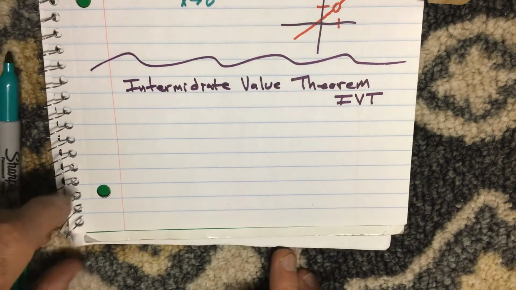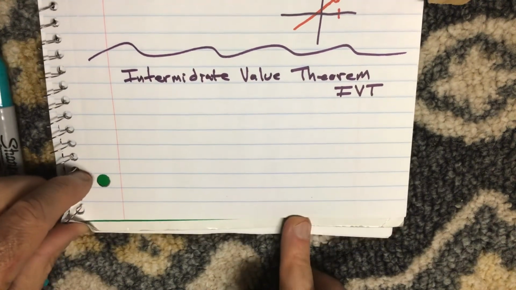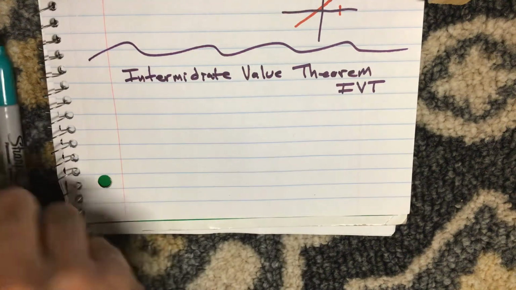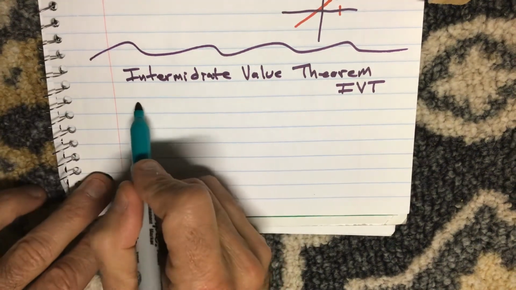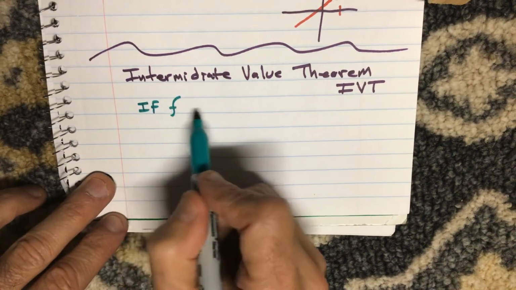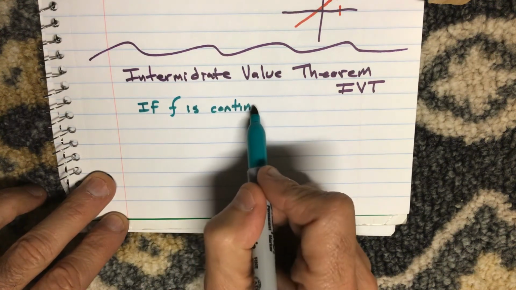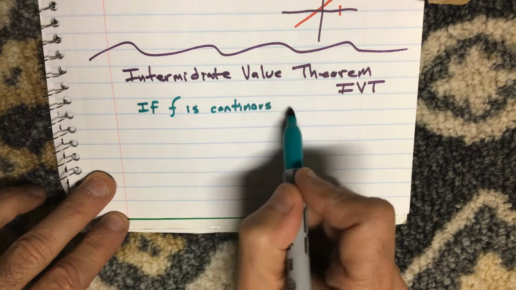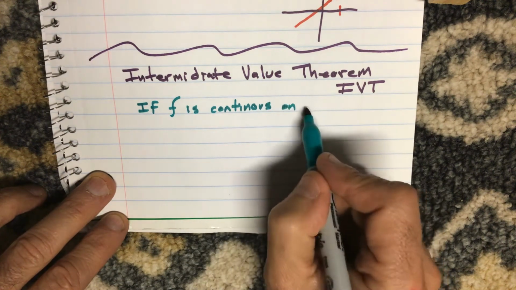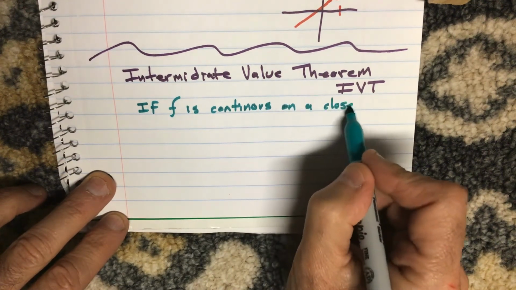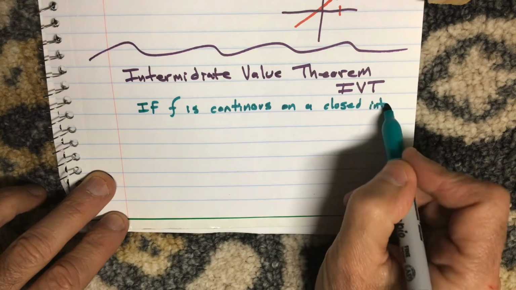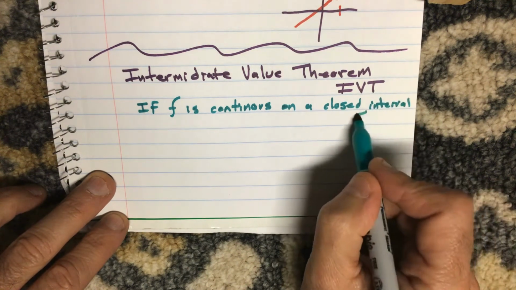And that's if f is a continuous function on a closed interval. Maybe I'll write this out. If f is continuous, and it's important that it be continuous, on a closed interval, we'll call that [a, b],